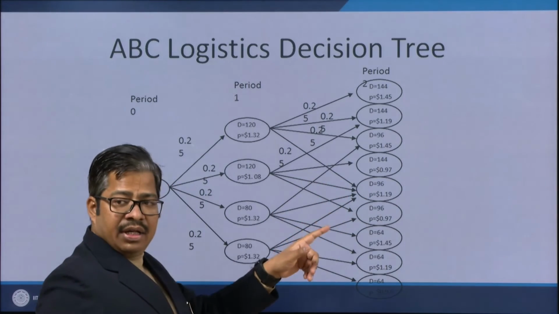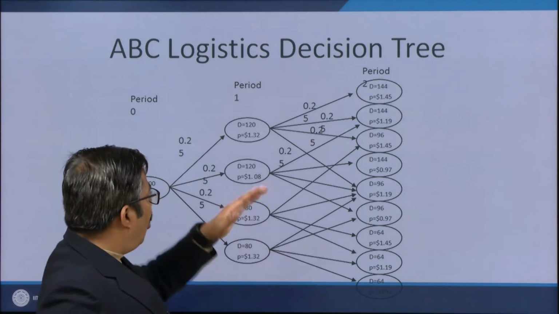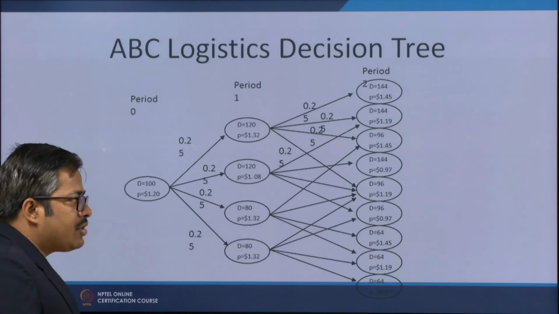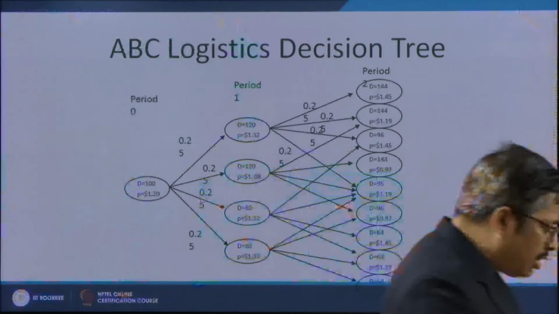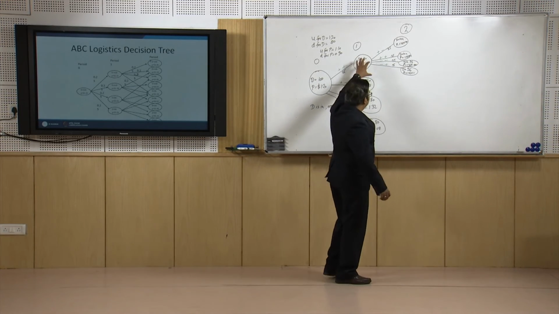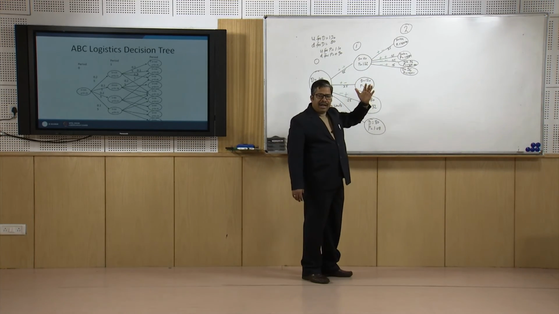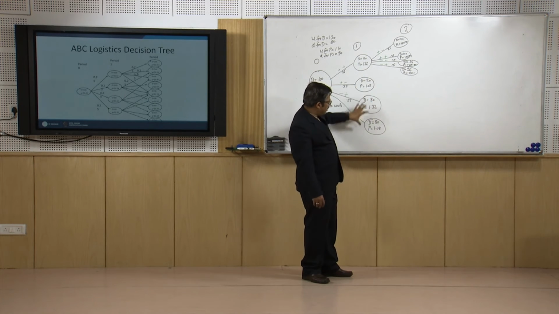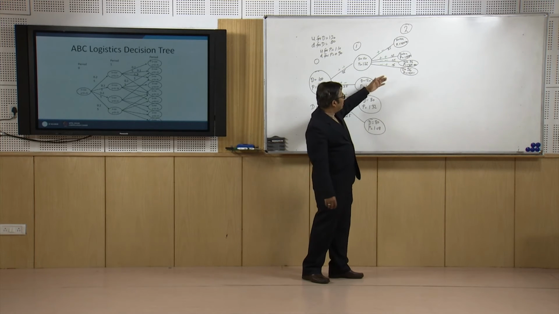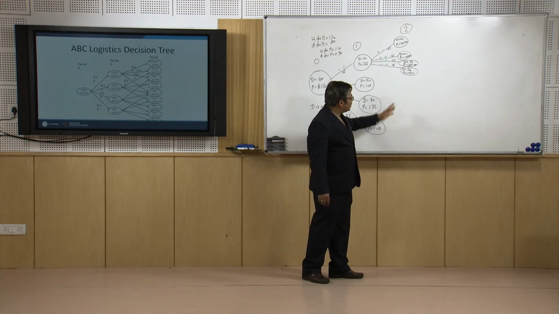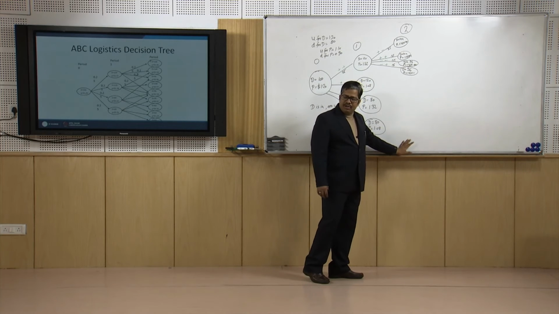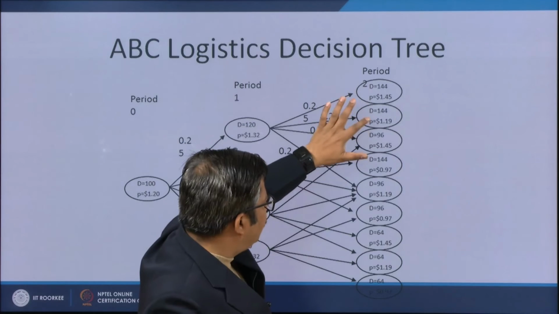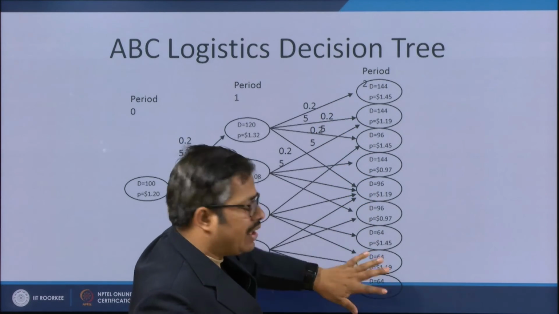So this state is being represented by all the 4 states of the period 1. You can have possibility, so it is not exclusive 4 you are going to get from here. Your states will have various common states in these 3 other calculations. Otherwise 4 into 4 you will have 16 unique states, but you will not have 16 unique states. You can just count that we have in period 2 1, 2, 3, 4, 5, 6, 7, 8, 9 unique